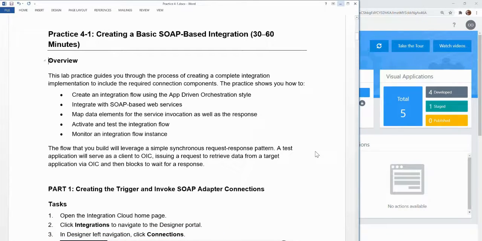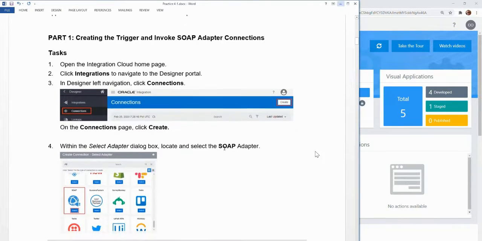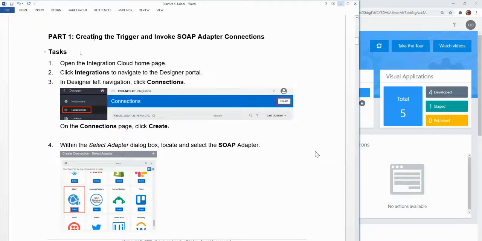and also the difference will be that this integration will be exposed as a SOAP-based interface and then also be invoking an external SOAP-based web service. So let's get started. As you can see, this is 4.1, and with task 1 in part 1, we'll go to the home page, click on integrations, but this time